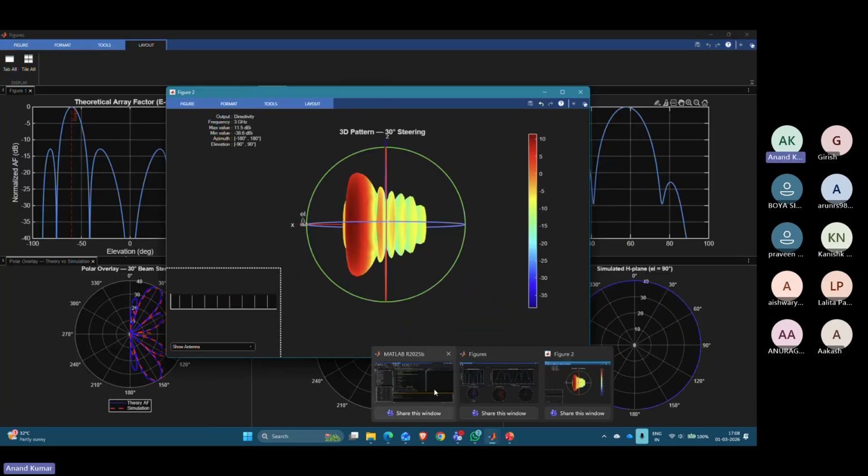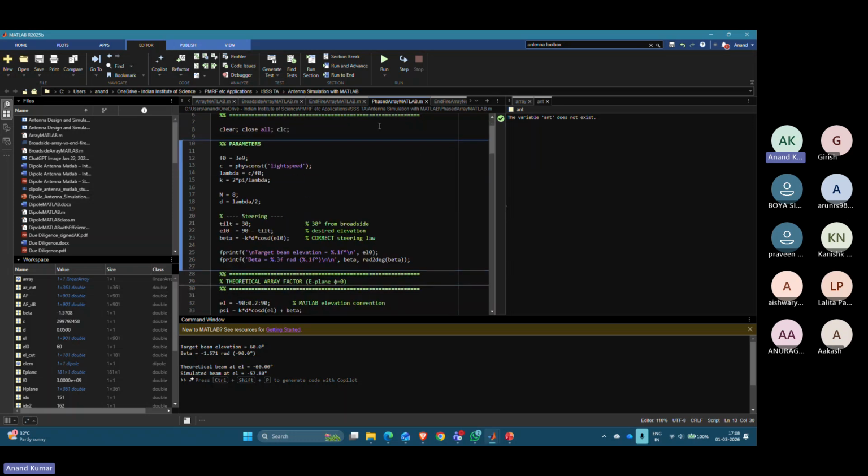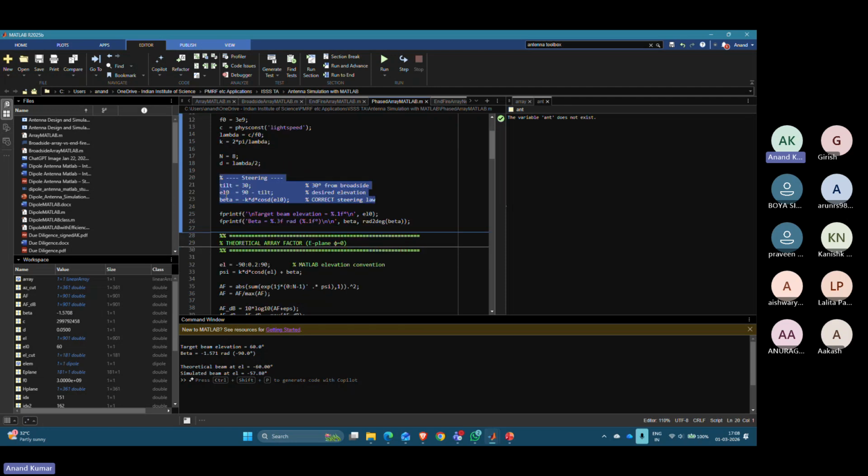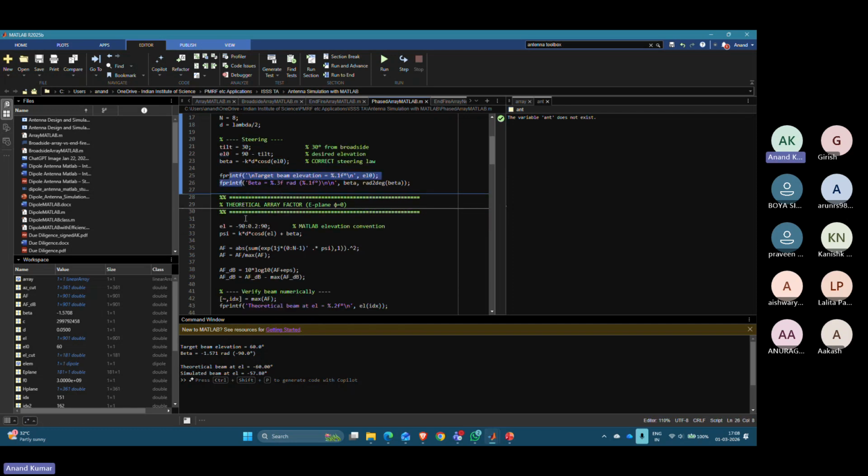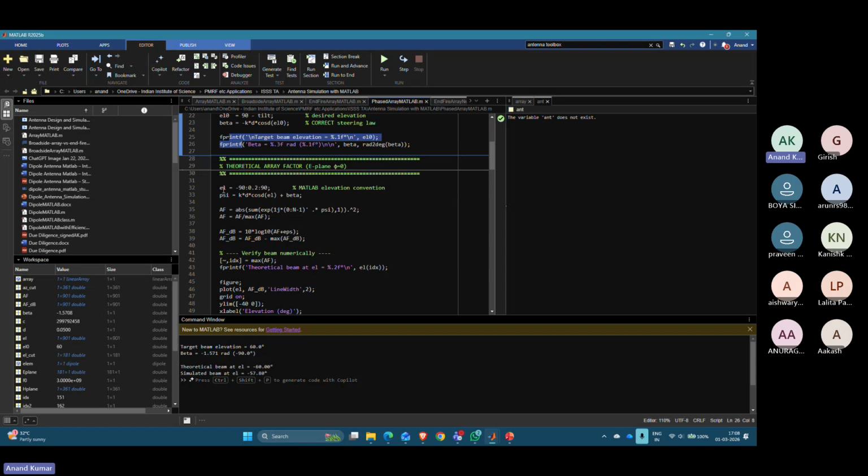Looking at the script, if you have seen the end fire and broadside array script, this will seem very familiar. We have the regular parameters, the array parameters. Now we have included these three variables: tilt, L naught, and beta. Beta was already there. Now beta is calculated from L naught. We just print these values,